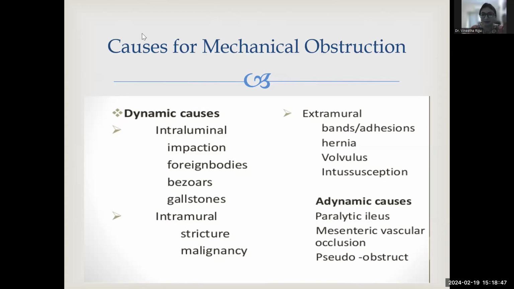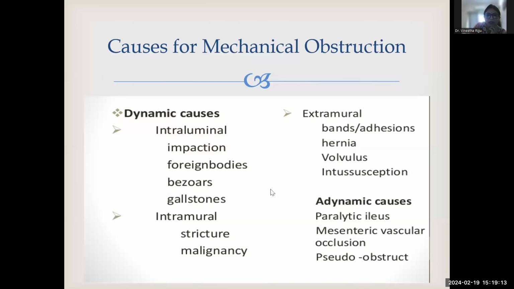Anything else? Anything else in intestinal obstruction that your patient would come and complain to you of? Sometimes vomiting. Yes, Shania. Sometimes they could even have nausea and vomiting. So all these are different complaints that a patient may come and tell you.